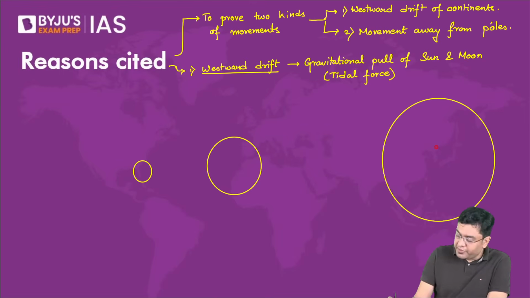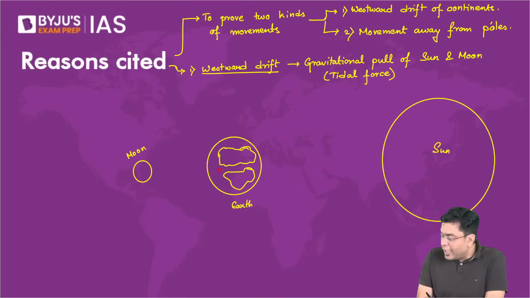Now, this is your sun, this is the moon, this is the earth. Or I'll do one thing, I'll remove the labeling here. Now, earth had various different land masses in the form of Laurasia and Gondwana land. Now, planet Earth would consistently rotate around its axis from a direction of west to east.